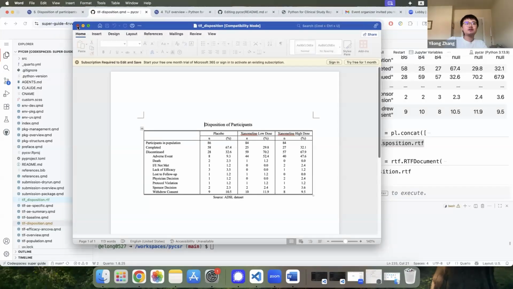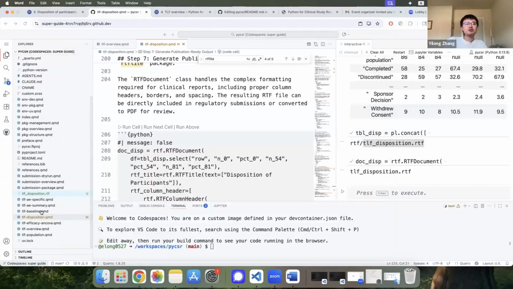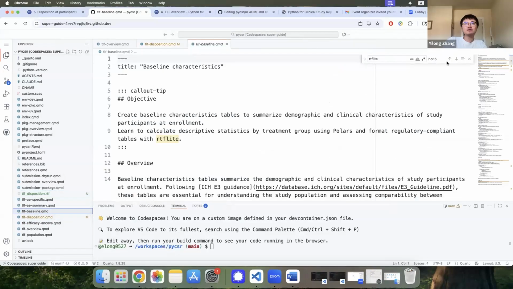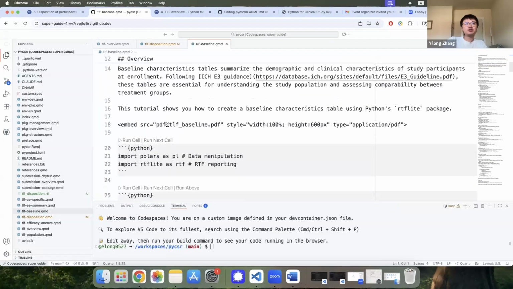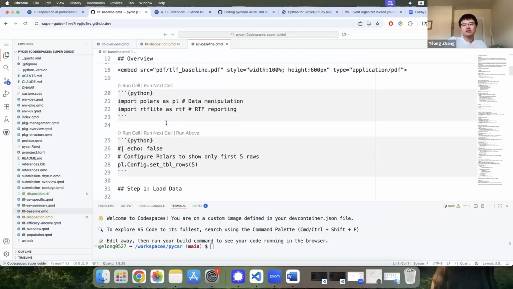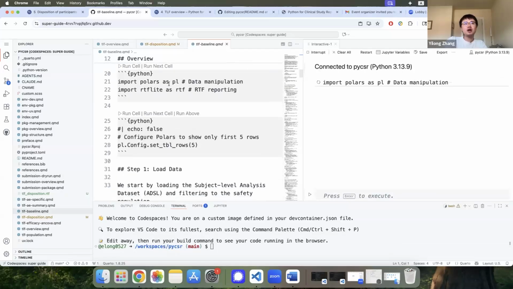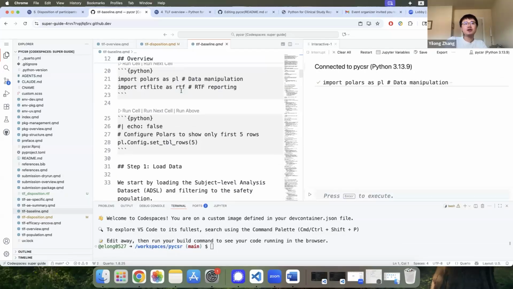And a similar idea, if we are interested in generating a baseline characteristic table, right? So this part, let's just walk through a bit deeper to see how we can use functions to reduce duplicated code in Python. So similar idea, you can just import the two packages, Polars and RTF.